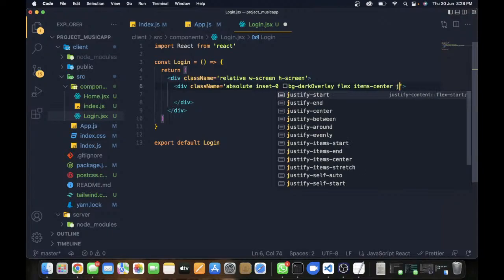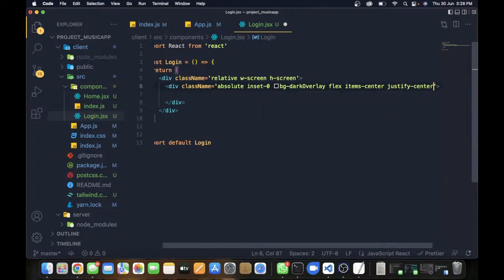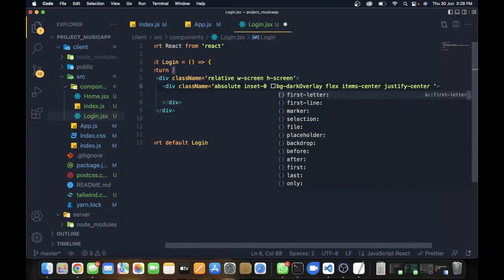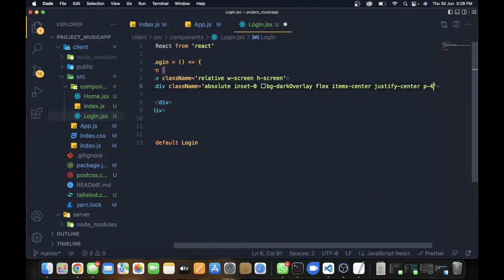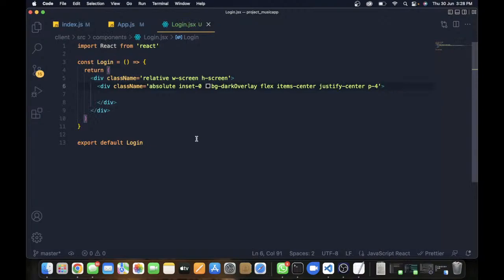Okay, and then justify in the center position, and then padding 4. Save the changes. Okay, so here inside this division we have to create one more division, div, and this is going to